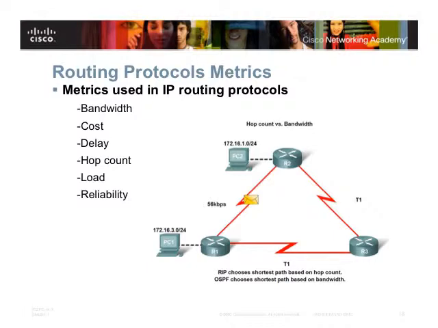But the metric is more than that. So I can have multiple metrics. So I can have the bandwidth. So not just the number of streets I have to pass through, but the length or the width of that street, because the wider the street is, the more possibility I can go through that street faster. Or in other words, the bandwidth is actually the width of the pipe. So if the width of the pipe is really wide, then this means that the packet will move through very fast.